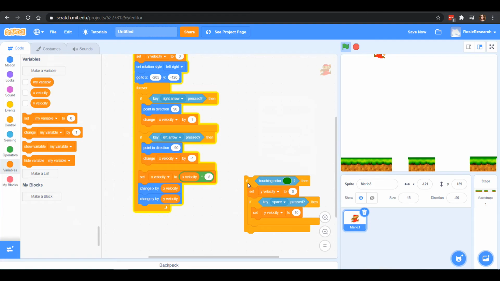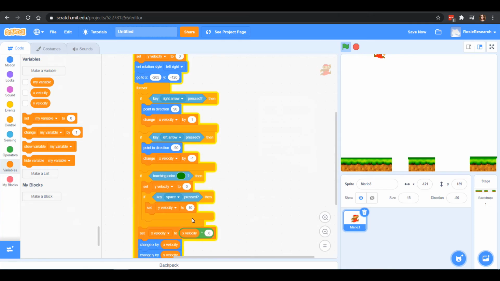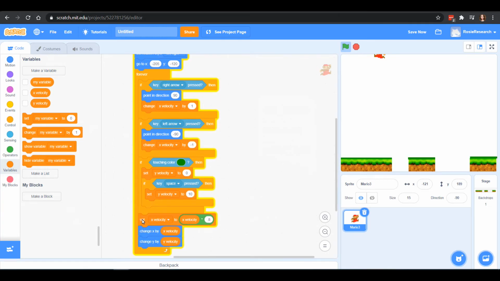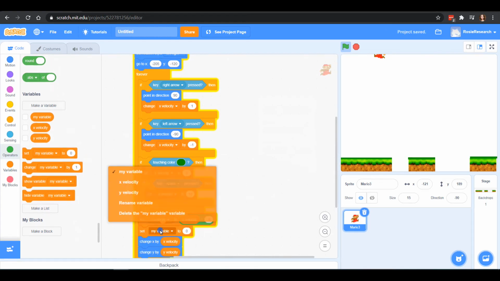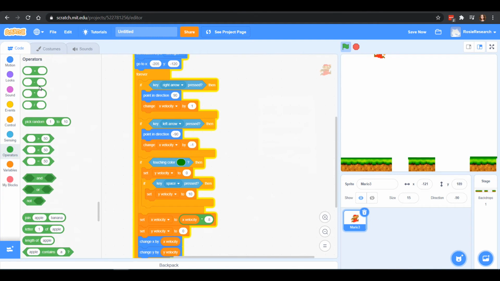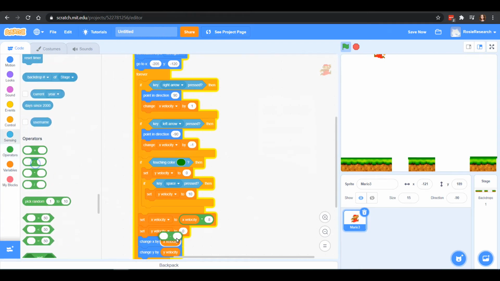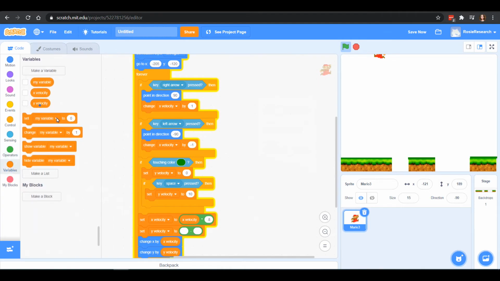And then we have to, what we call, dampen our y velocity, just like we did with the x velocity. To make it smaller, we're going to set our y velocity, and instead of just making it smaller, we actually want him to come back to Earth. So we're going to do a little bit of different math. Instead of multiplying, we're just going to subtract. We'll take our y velocity, which is our variable, and we will subtract 2 from that.